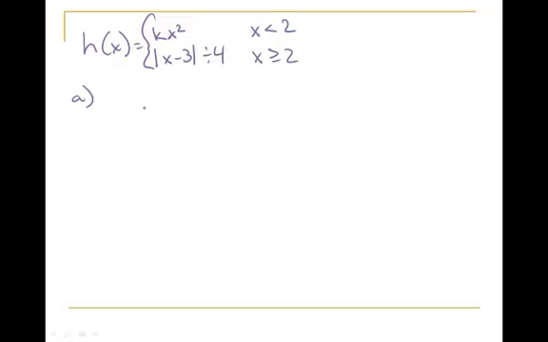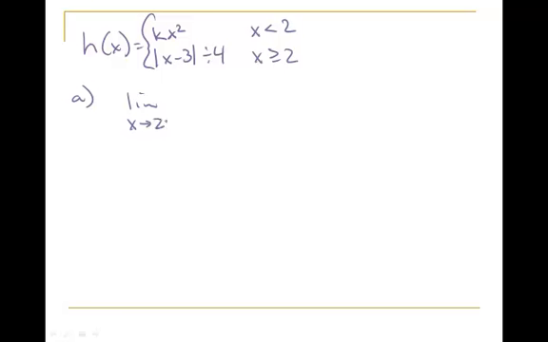As you can see, we have h of x equals kx squared, and absolute value of x minus 3 divided by 4. We're going to be using the top part of this piecewise function if x is less than 2, and the bottom if x is greater than 2. Part A says find a value of k that makes the function continuous. Well, they have plotted a graph for you here, but we know that to be continuous, these two values have to be the same. So we know that the limit as x approaches positive 2,